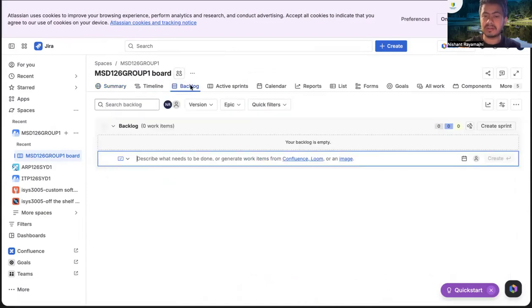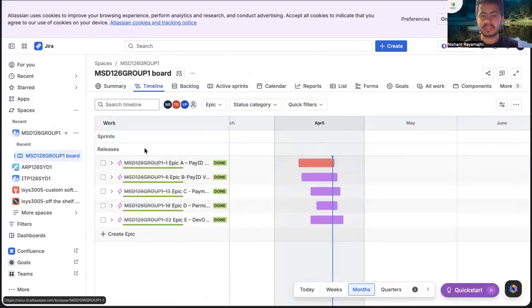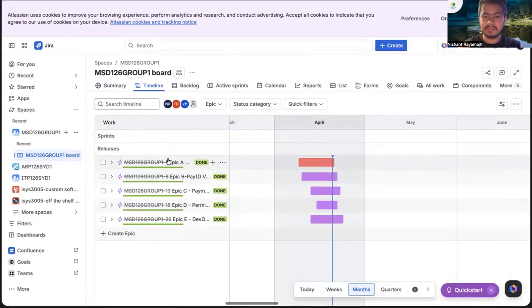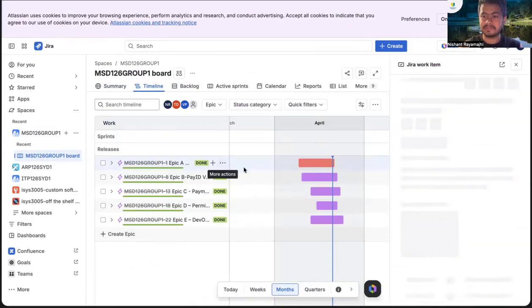So there is no backlog. There would only be a backlog if we had work left, but we don't have any work left. So there is no backlog. If you can see the summary timeline like this, and you click here,